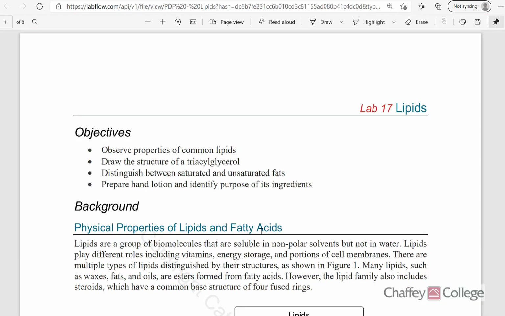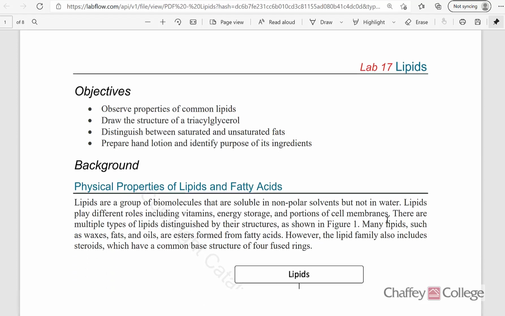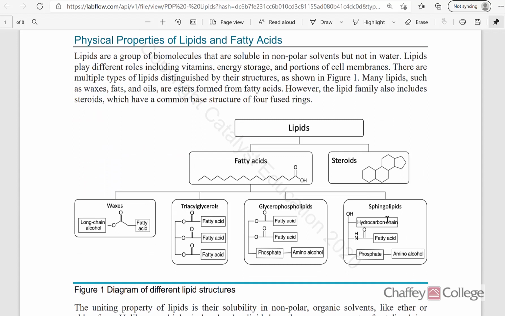So lipids are a group of biomolecules which are soluble in nonpolar solvents and are insoluble in water. Lipids play many different roles, which include energy storage and creating cell membranes, etc. Lipids are mainly classified into two categories. So first category is fatty acids, and the second category is